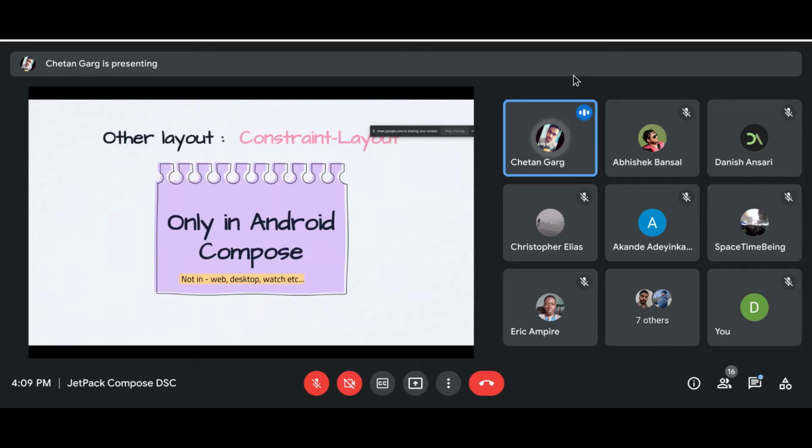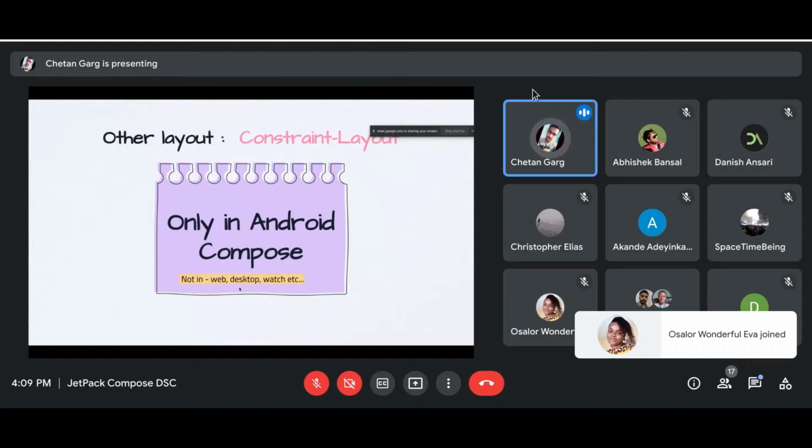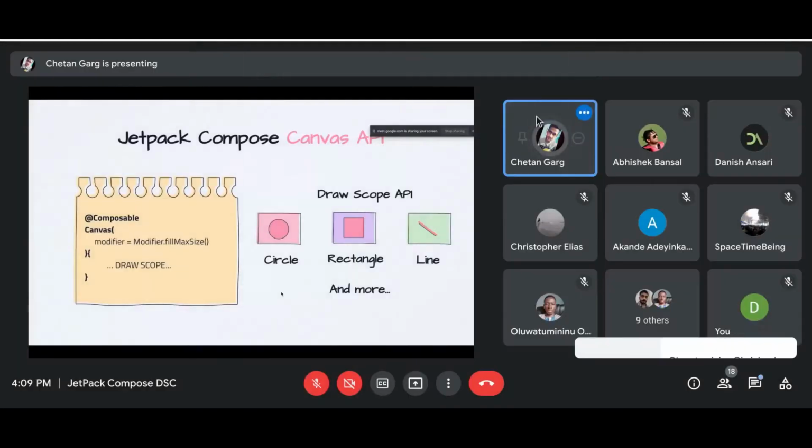And there are also various different layouts supported in Compose. For example, constraint layout, but it is specific to a particular platform. This constraint layout is very specific to Android Compose. It is not available in web, CLI, desktop, and other targeted clients. I forgot to tell you about this: Compose in itself is just a framework, and the underlying platform can be targeted to different platforms. For example, right now in this talk we are discussing Jetpack Compose for the desktop, but its other variants for web, watch and CLI are coming out. It's in the process of releasing.